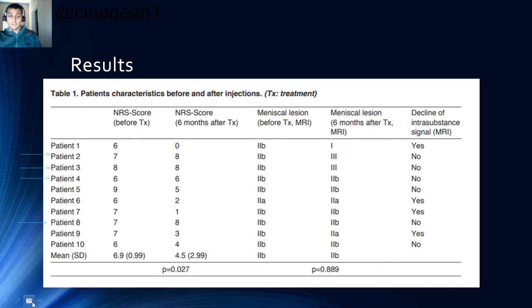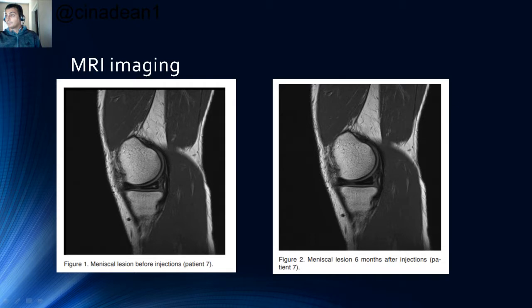But can we go ahead and move on to the next slide? Yeah. So the next slide just shows that there was a patient that